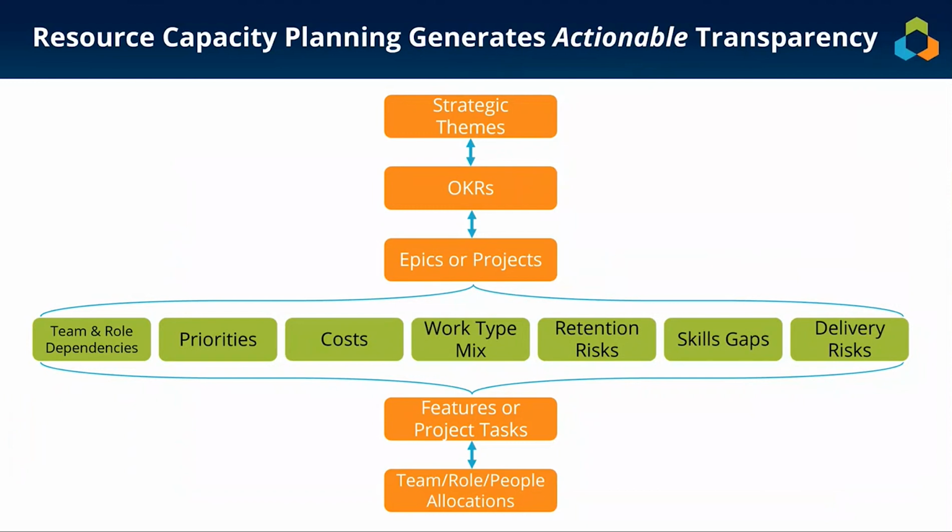All right, so let's talk about actionable transparency. What is that? What does that really mean? Really, actionable transparency facilitates the driving of timely, data-driven decisions that improve strategic execution. The only way that you can do that is if you're doing effective capacity planning, because it's resources that gate